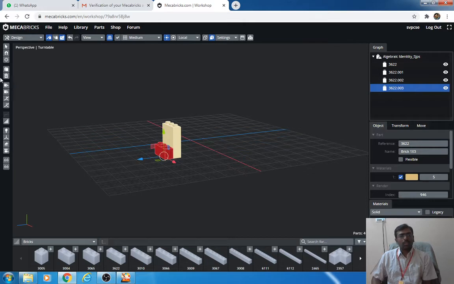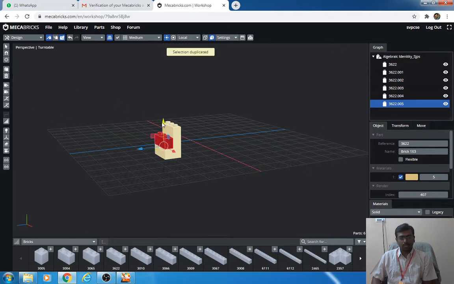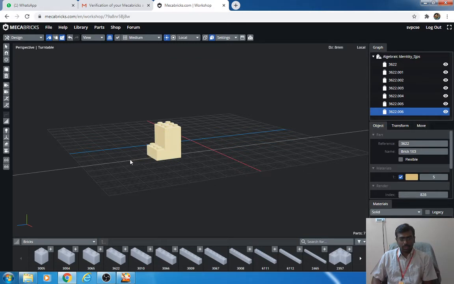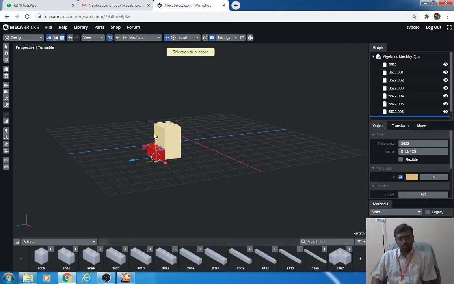Again clone it, use this up arrow and drag it. Every time you have to press the clone button and click the appropriate arrow. Just clone to form a cubical structure for (a plus b) the whole cube.